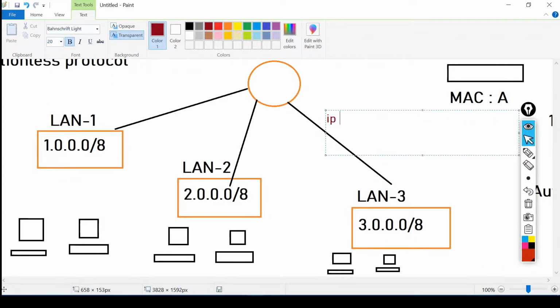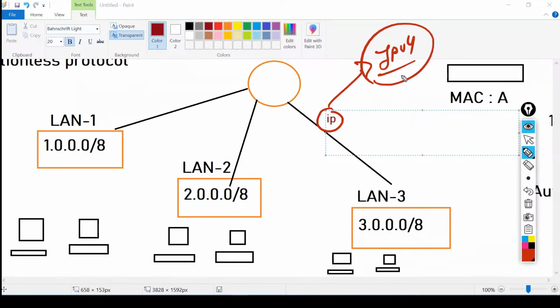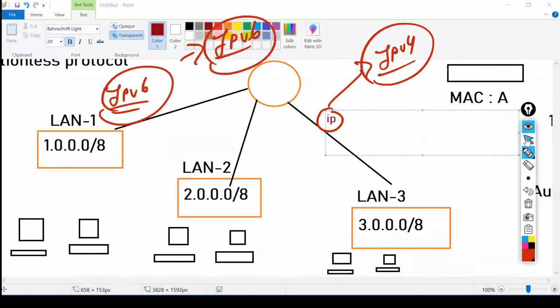The first command is just going to tell that I'm doing the configuration for IPv4. If I include IPv6, it means I'm going to create the configuration for IPv6. The second command is what? I need to configure the DHCP, and then after that, I need to create the pool and define the pool name. That will be LAN1.